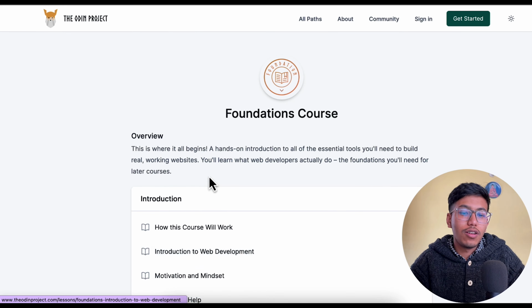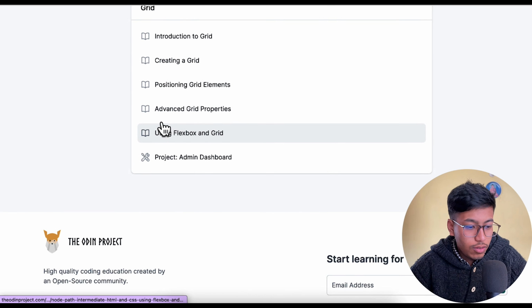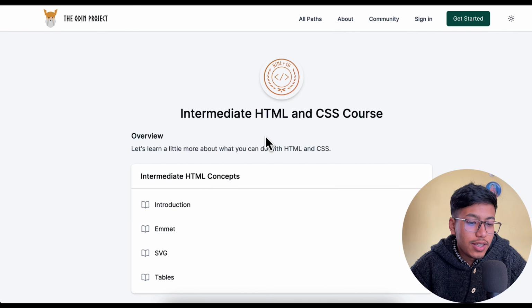So in intermediate HTML, it covers topics like Emmet, SVG, tables. Now it covers Emmet as well. So Emmet is basically a library, you can say, or an extension, which can be used in HTML to speed up your coding time. And then it moves into intermediate CSS properties like style, CSS units, text, CSS properties, positioning, browser compatibility, then forms, grids. Okay, so this is about the basic intermediate HTML and CSS. Then let's go back